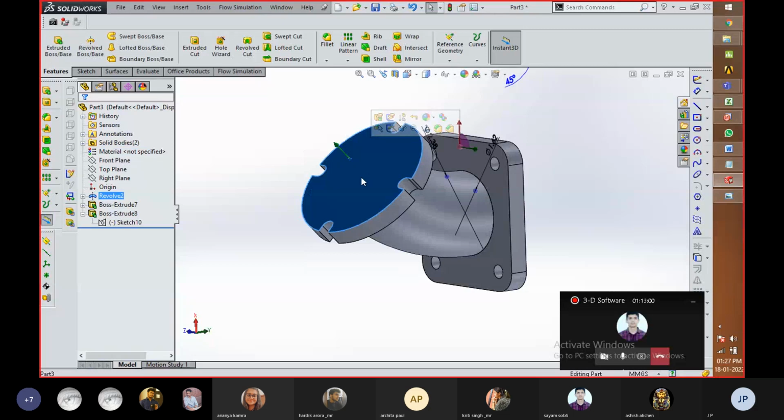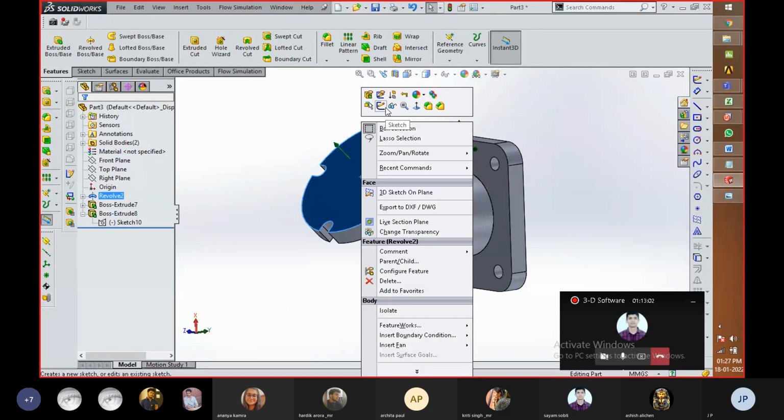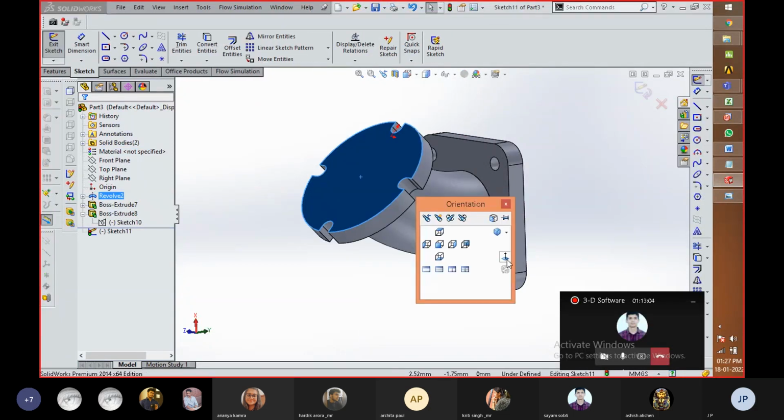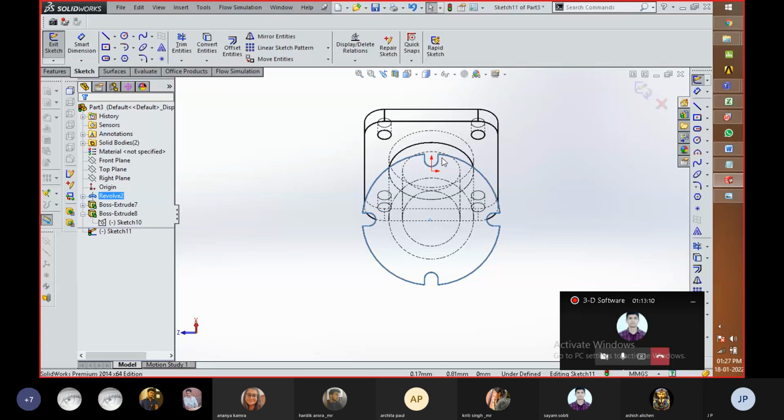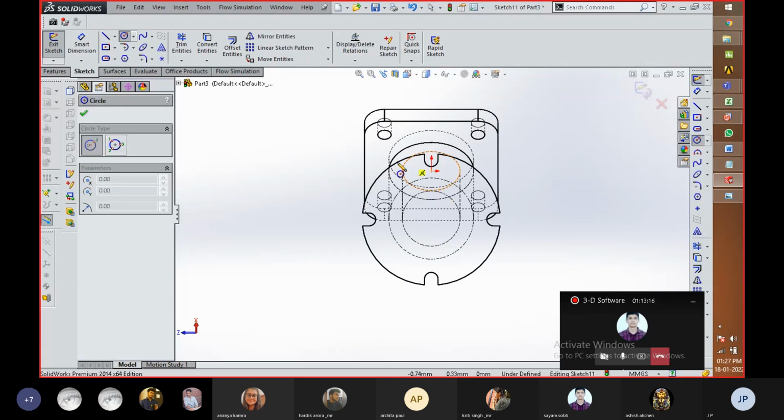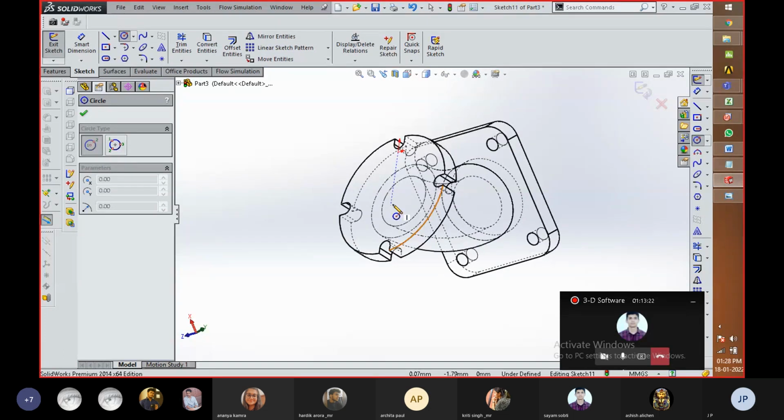Due to some reason it is not going to show you that the geometry is going to be hollow. So for that part we can remove material from that section also. So for that I'm going to create a circle by getting the center.